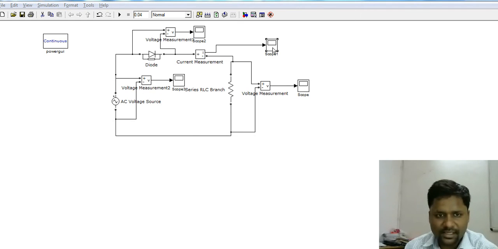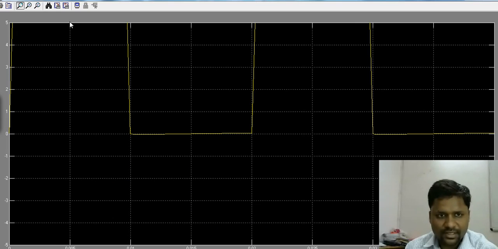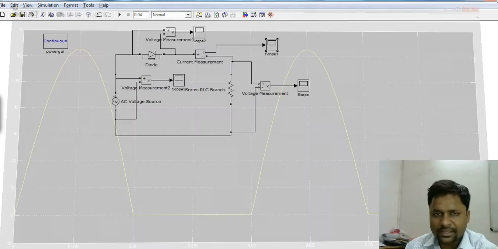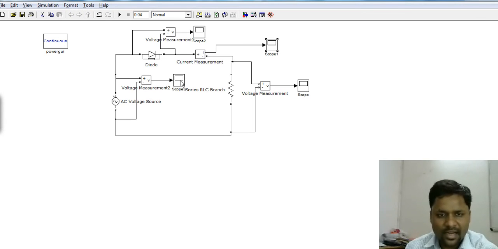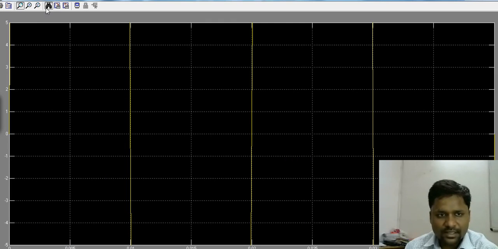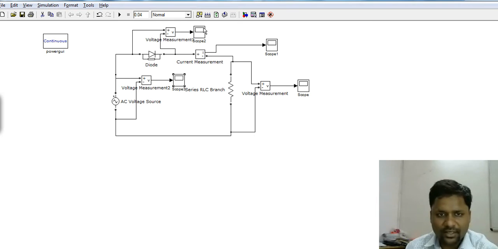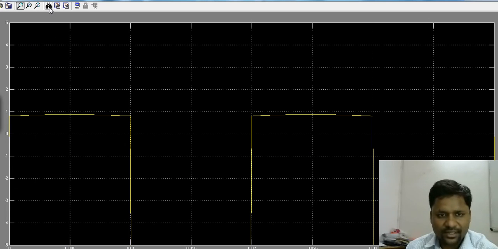If I click on the current, it goes in this fashion, and it is also of DC nature. If I see the source voltage, it goes like this. And if I see the voltage across the diode, then it should be the peak input rating, going like this.